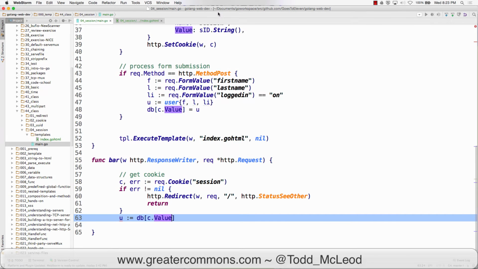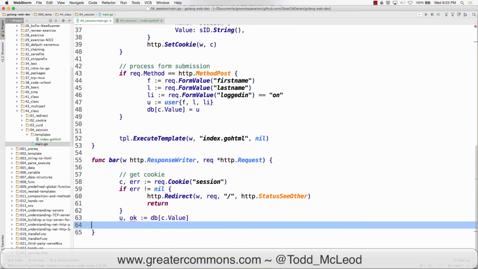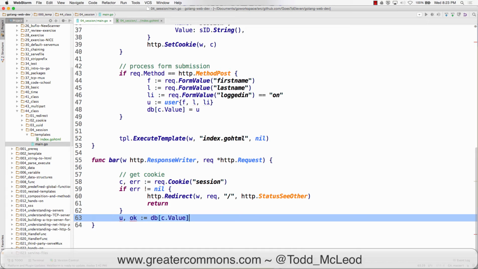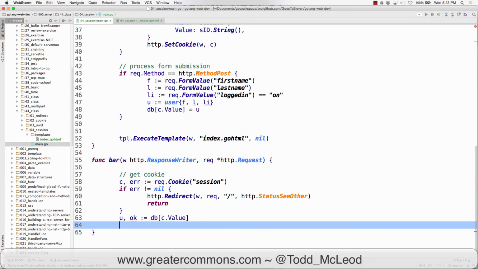So we were working on sessions. And so here we're getting a value out. But we want to make sure we're not just getting out an empty user. So we're going to do if u, okay, db c, but we're also going to need to maybe use u. So we're not going to do that on one line because we don't want to pull u out twice. So we've got u and okay. And so if not okay,